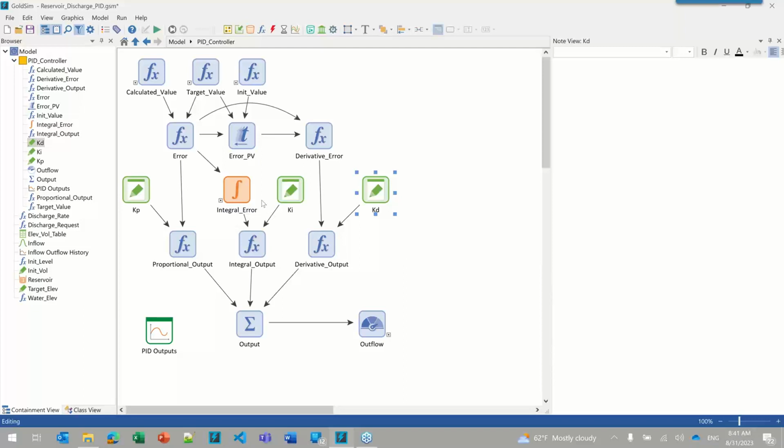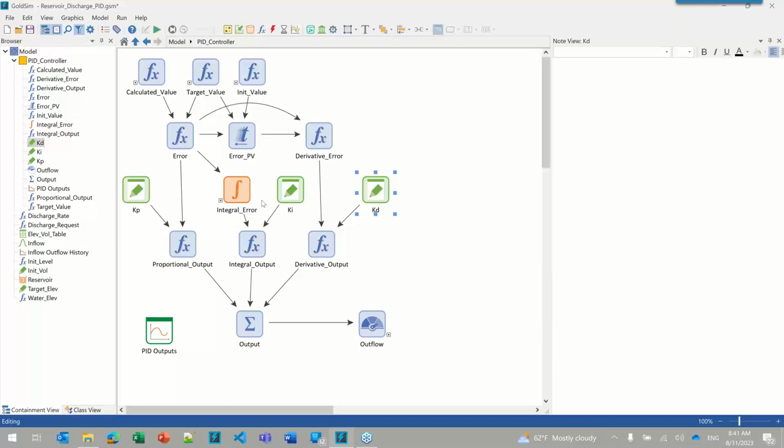The integral error is more of looking at over the long term, what is the long-term change or difference between the water level and the target. It's just integrating that error over time. This is a way to essentially say, if we have a water level that is staying consistently above the target over a long period of time, then this parameter becomes quite important, and it's going to try to move us away from doing that kind of thing. It's going to penalize us heavily when we have a systematic, over long period of time, difference between the target